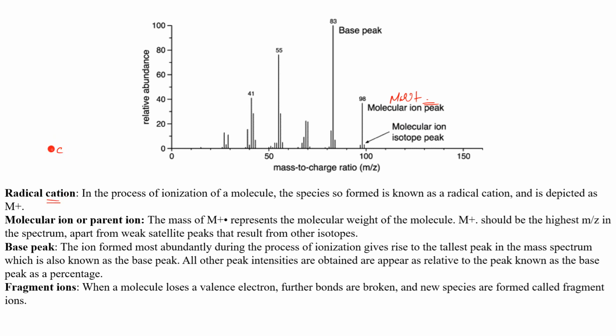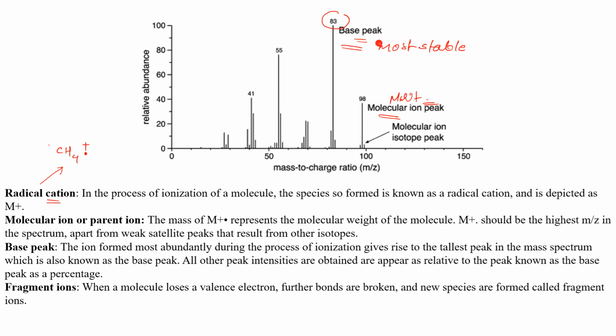I told you about methane, how a radical cation is formed. So that radical cation is indicated like this. This is your radical cation, and the value for the radical cation is called the molecular ion peak. Then you can see this is the longest peak, so this is the most abundant. Now, which species can be most abundant? The one which is most stable in the whole molecule. That will be the most abundant peak. So that is called what? Base peak.